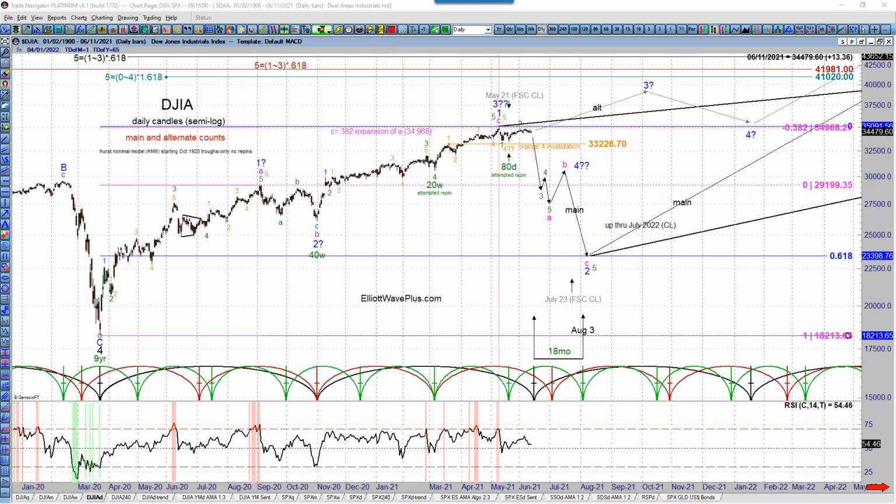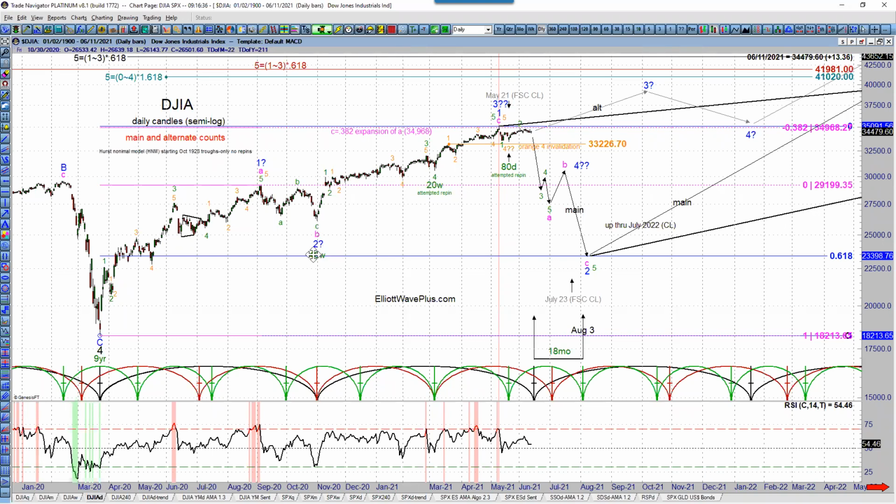The analysis on the Dow Jones Industrial Average has become convoluted, because when I attempt to pin the 20-week here and the 80-day here, it won't let me do it. And this is why I've devised something for you this week, where I'm going to assume that, yes, this was the 40-week cycle trough in the major indices. That would be the October 30 of last year, because it just makes sense.